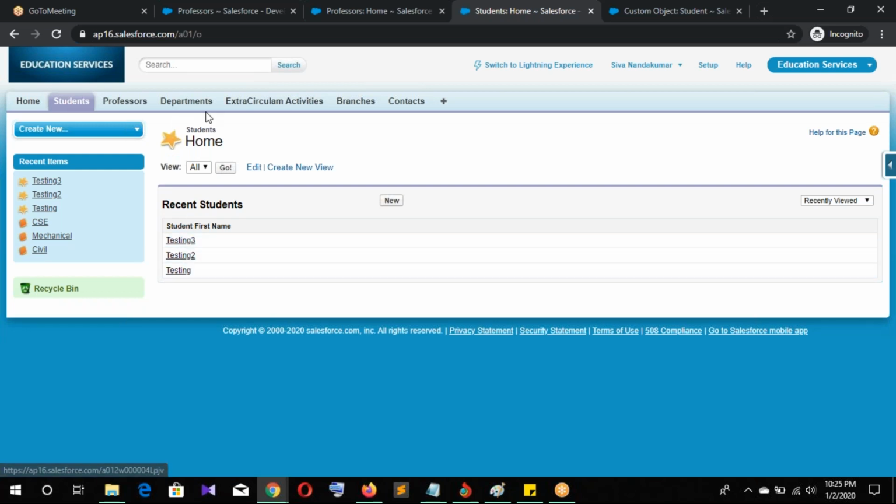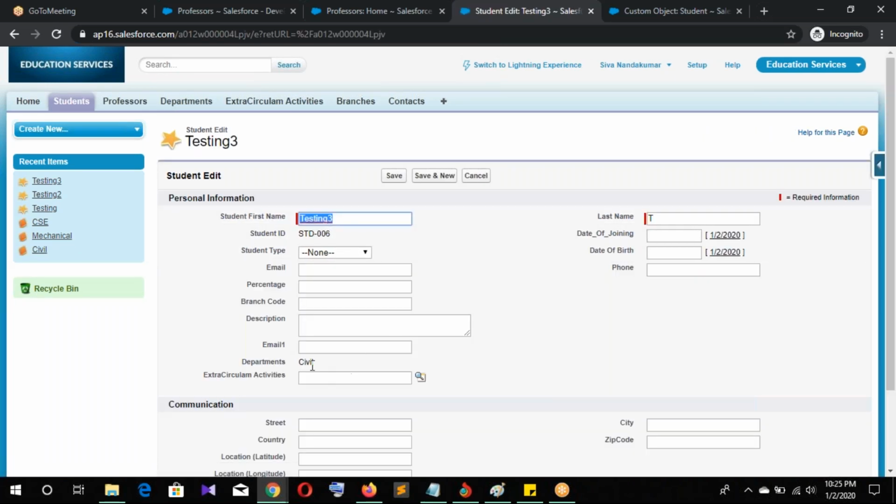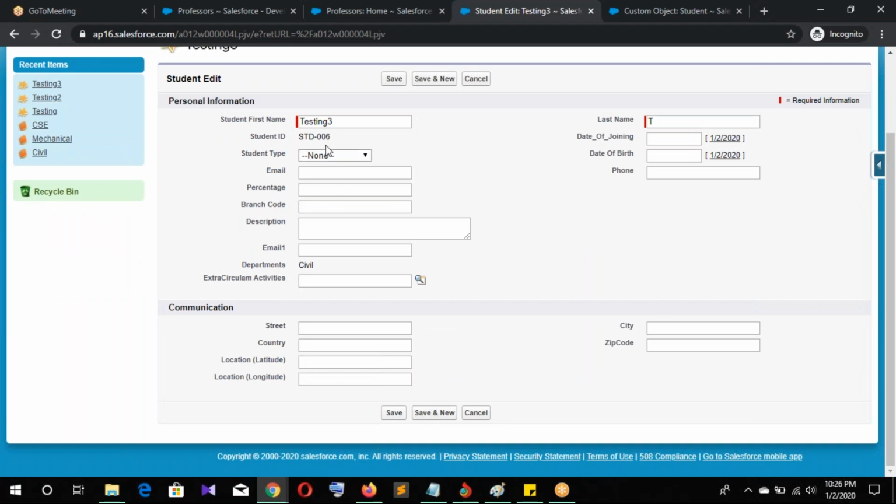If you delete the parent record, the corresponding child record is deleted. But in the department record, we already assigned the parent record at the moment of creation. In that record the parent record is already assigned, and it can't be changed. Remaining all are changeable. We created testing 3 and 4.